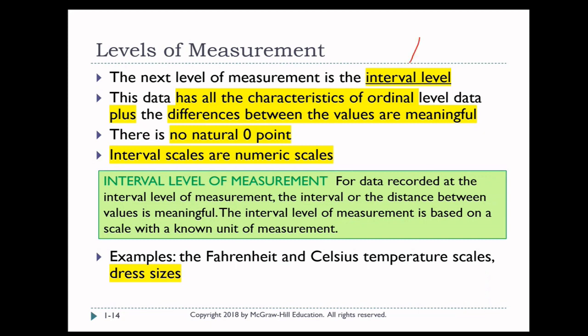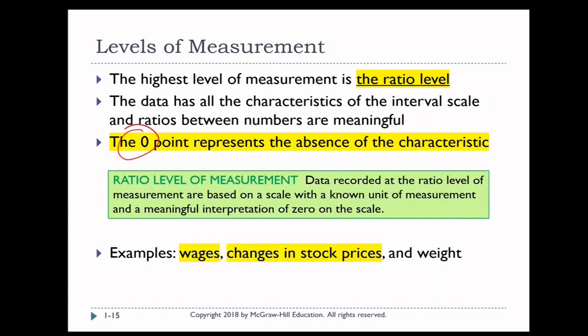Third level is interval, for numerical variables. Here the data has all characteristics of ordinal plus the differences between values are meaningful. There is no natural zero. Interval is the numerical scales, like Fahrenheit and Celsius temperature scale, dress size. All this is considered as interval. There's no 0 point. If the 0 point represents the absence of the characteristic, then it will be ratio